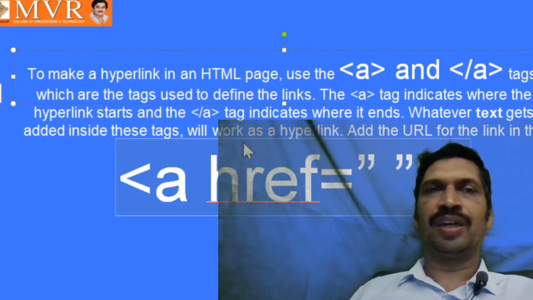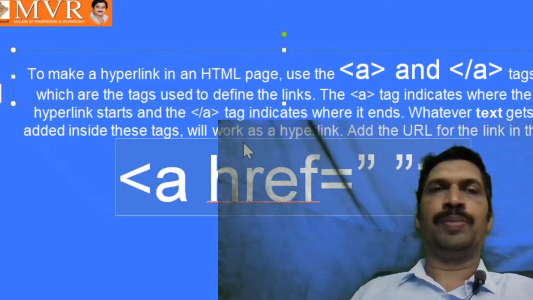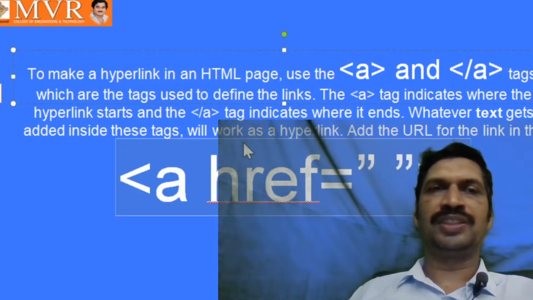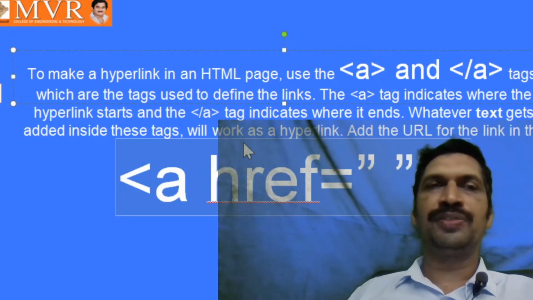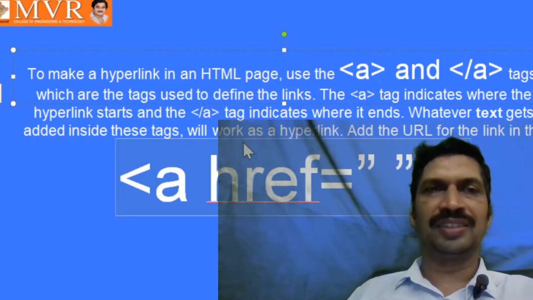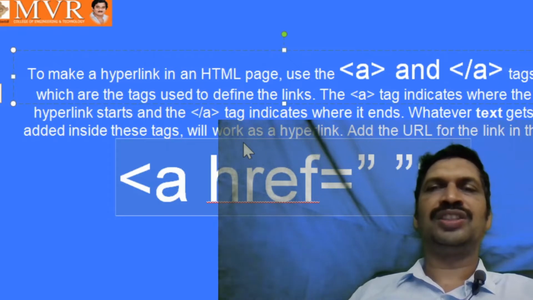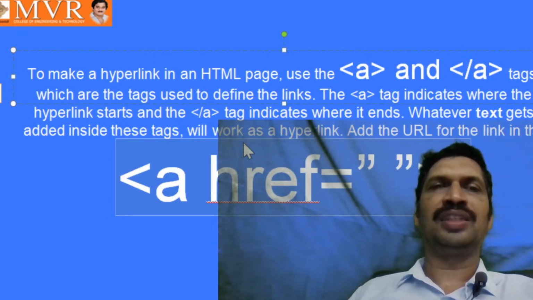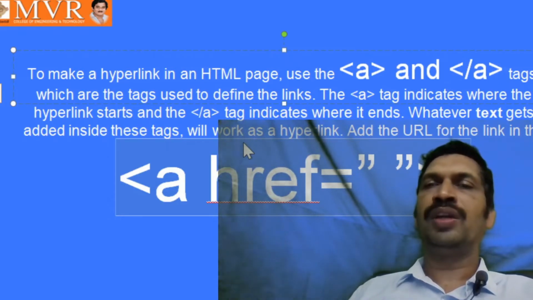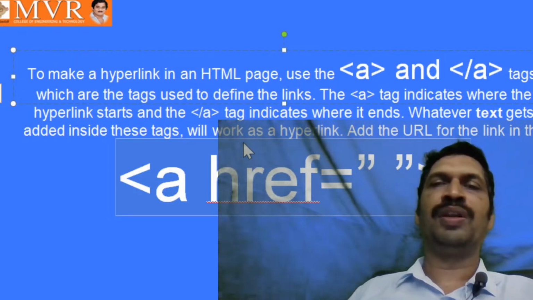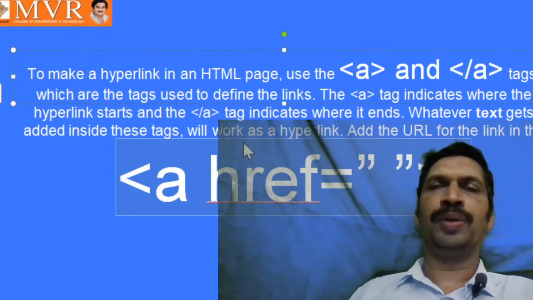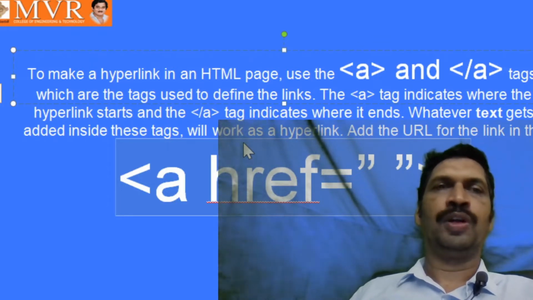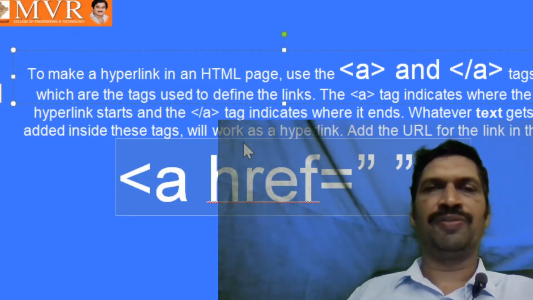For the anchor tag also there are a number of attributes. Among all the attributes, rank 1 goes to the first attribute, the very, very important attribute href. href stands for hyperreference. Whatever text is between A and /A, we call hypertext. Whenever we click the text, the reference goes to whatever address is specified in the href; the control will go to the href. One of the attributes is the href attribute.